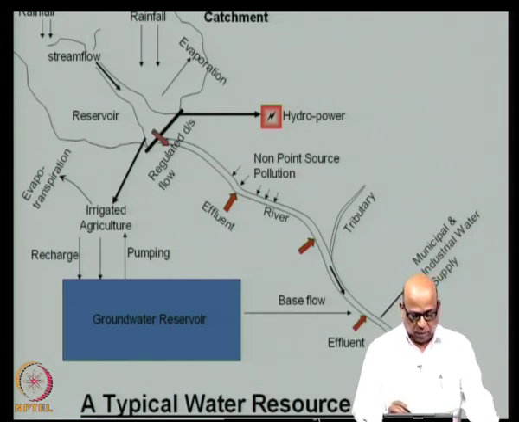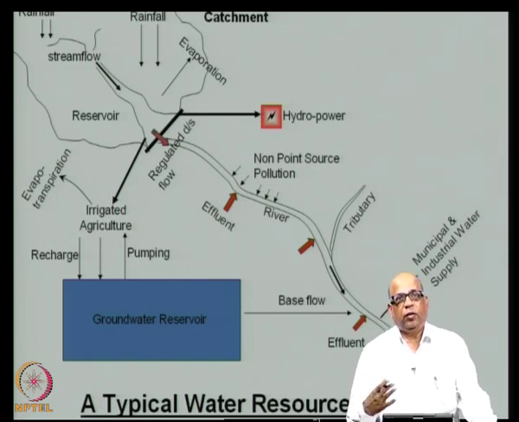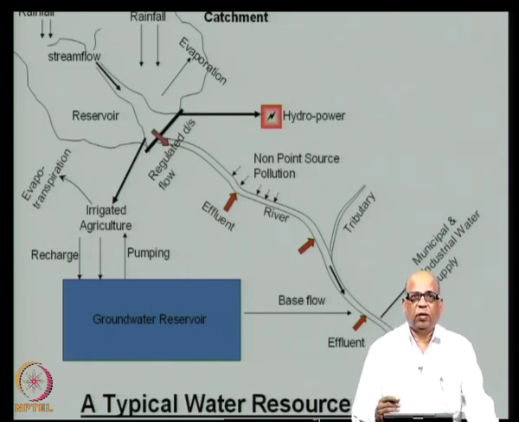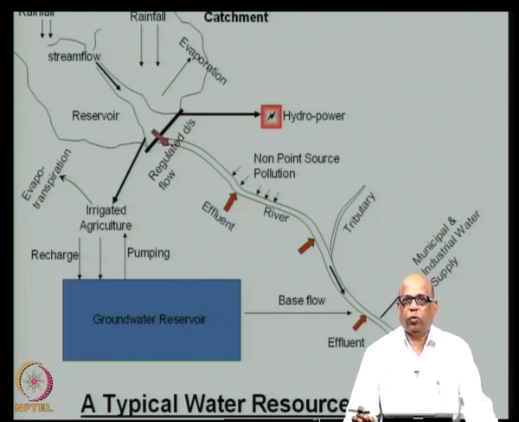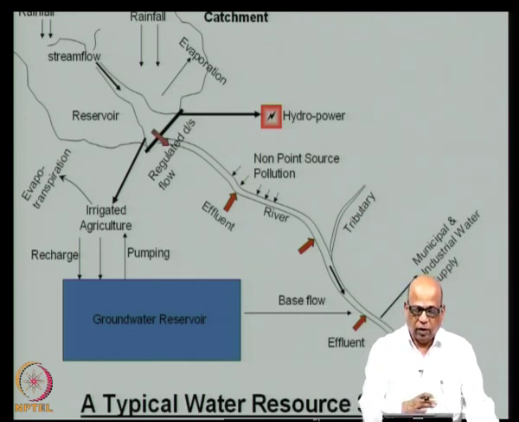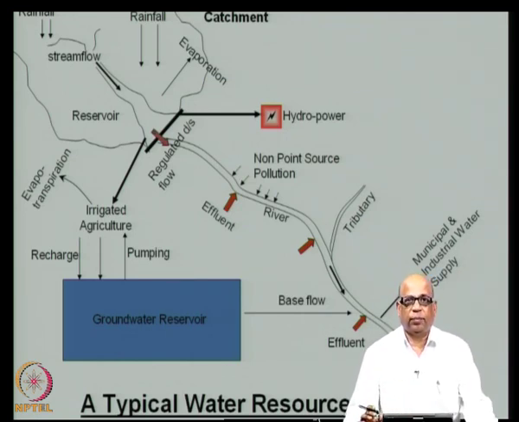So, this is a typical water resource system. There are many variants of this. For example, you may have several such reservoirs, you may have a groundwater reservoir split into 2 or 3 different aquifers, you may have an agricultural field composed of several different crops, partly served by the groundwater reservoir and partly served by a surface water reservoir. You may have several different types of effluents, all reacting with each other, not necessarily non-reactive pollutants, and so on. So, you may have different variants of this particular typical water resource system.